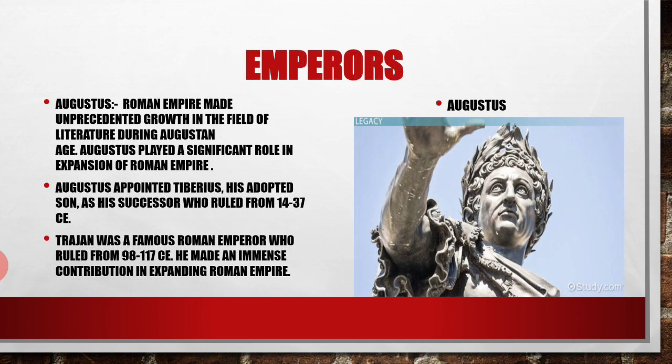Now we talk about the emperors. Augustus was a Roman emperor. There was unprecedented growth in the field of literature during the Augustan age. Augustus played a significant role in the expansion of the Roman Empire. He appointed Tiberius, his adopted son, as his successor,